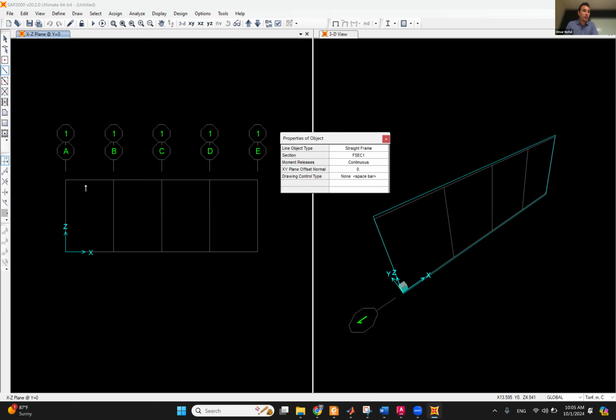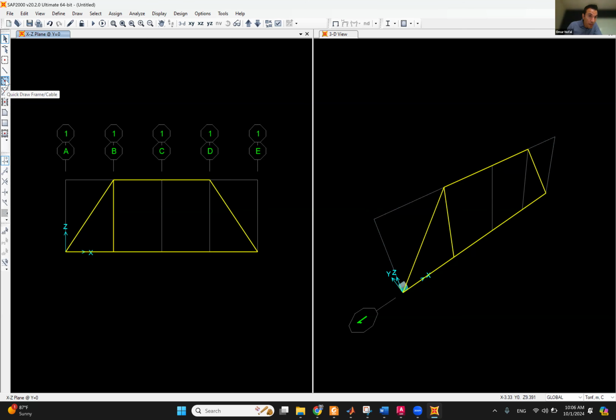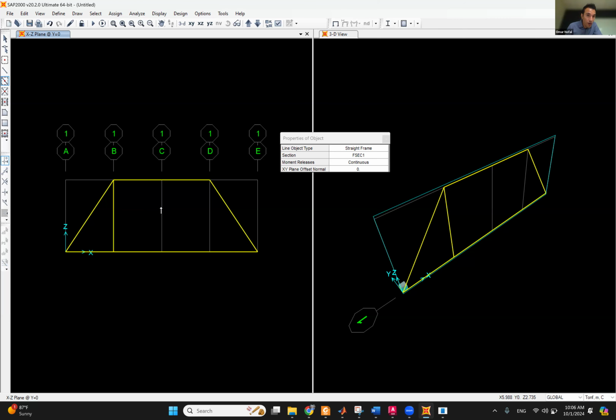If I'm gonna draw a section, I'm gonna draw my truss. I'm gonna pick this point, go to this point, and then this, and I can go here. I can draw all the truss that way. Actually, there's a different way to draw the truss. There's something called quick draw frame. If I click on it, the one that has the red dot, once you click on a grid,